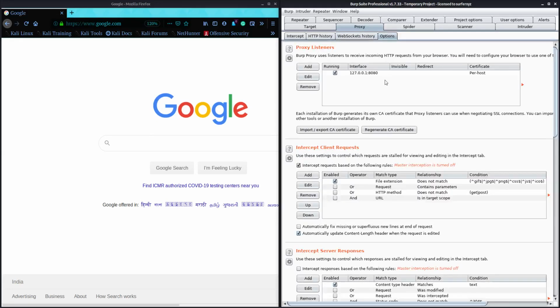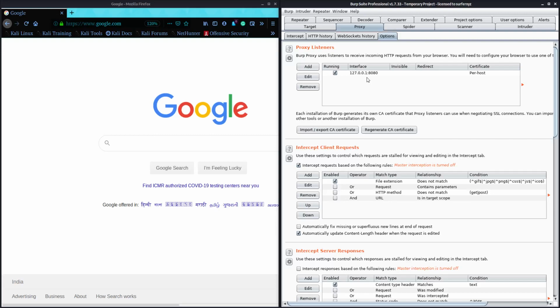In the Options tab, you can see where the proxy listener is. In the proxy listener, the IP address and the port number are what Burp Suite, the proxy server, listens on. I missed a point: Burp Suite is an application layer proxy. We know that proxies generally run at the network layer, but when we can interact with the proxy directly, it is generally application layer.